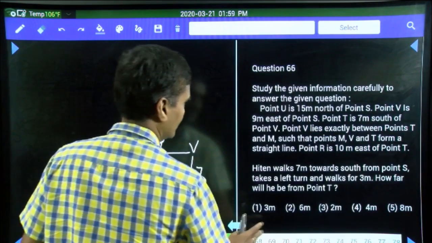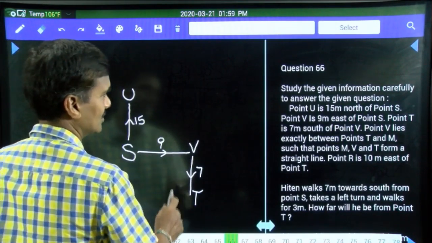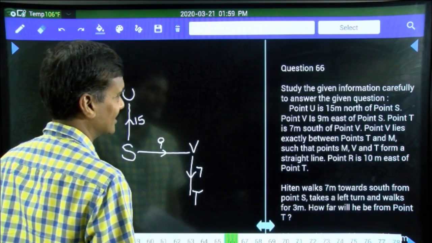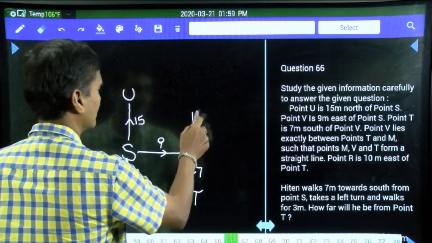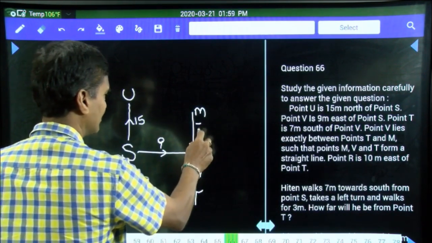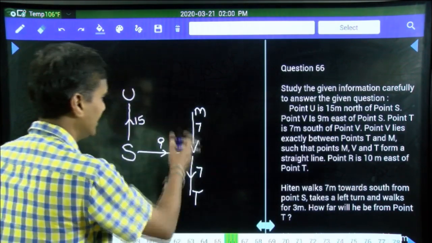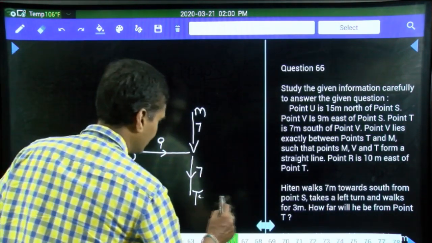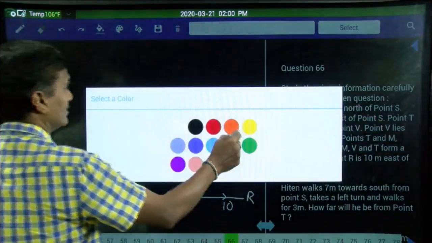Now in this one, U is 15 meters to the north of S. V is 9 meters to the east of S. T is 7 meters to the south of V. V is exactly between T and M, so where should M be? Since the distance between V and T is 7, between V and M it is also 7. MVT forms a straight line. R is 10 meters to the east of T. This is the information we have. Now with the help of this information,